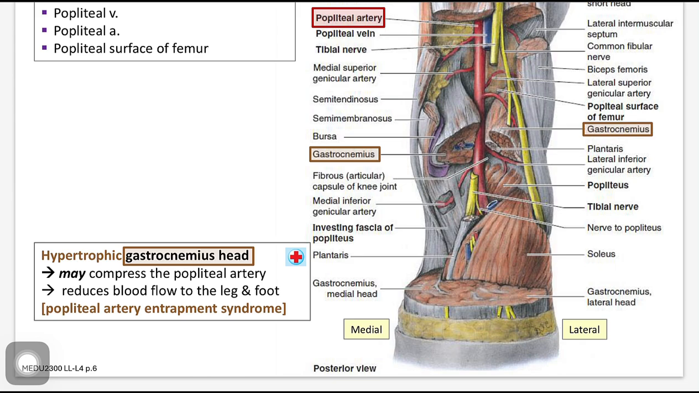So that's why a hypertrophic gastrocnemius head may compress the popliteal artery. It may reduce the blood flow to the leg and foot. And this syndrome we call the popliteal artery entrapment syndrome. You saw the word entrapment before in the upper limb. We also have a similar one here. This one I think is more obvious for the power for the